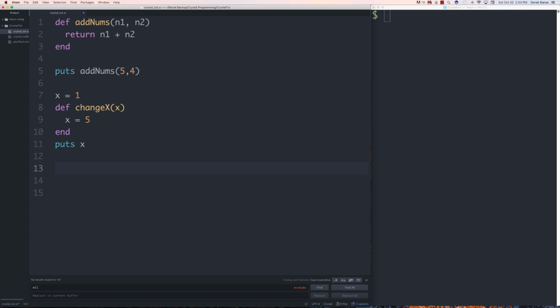It's also possible for a function to receive a variable number of arguments using a splat, as it's called. So let's create another sum function, and we'll put a splat inside of there, a star symbol, followed by values. Then we're going to be able to do something really neat. We'll say sum is equal to 0, and vals each do,